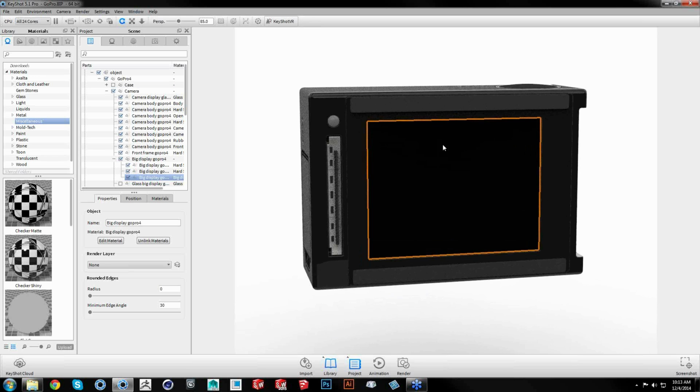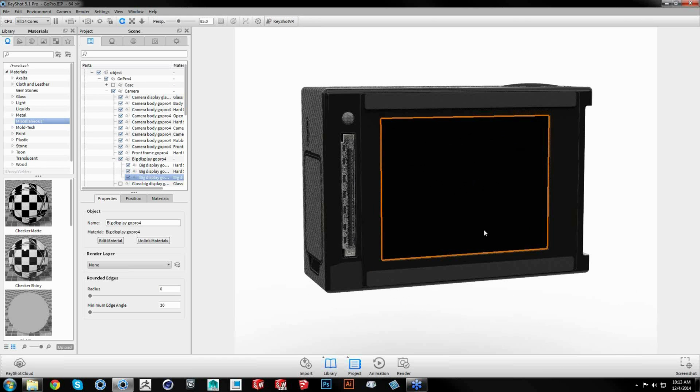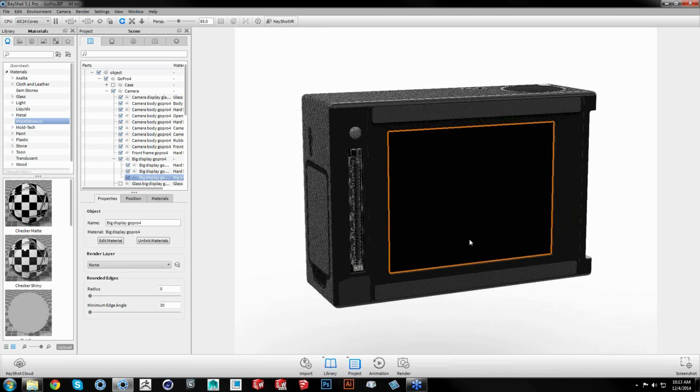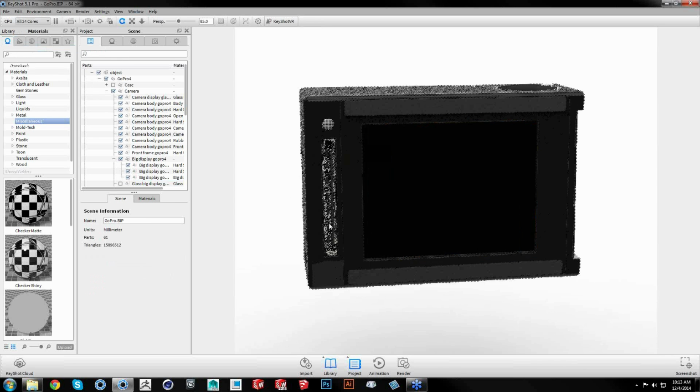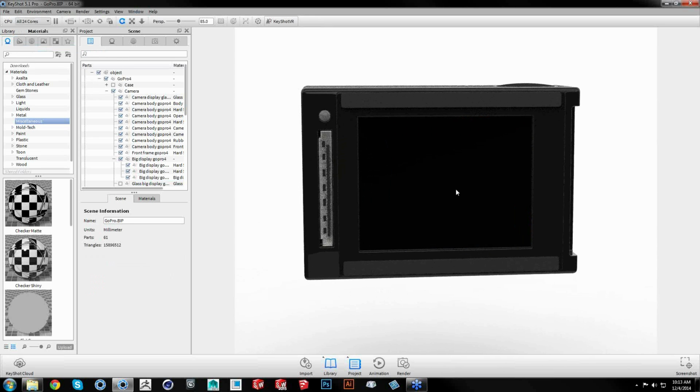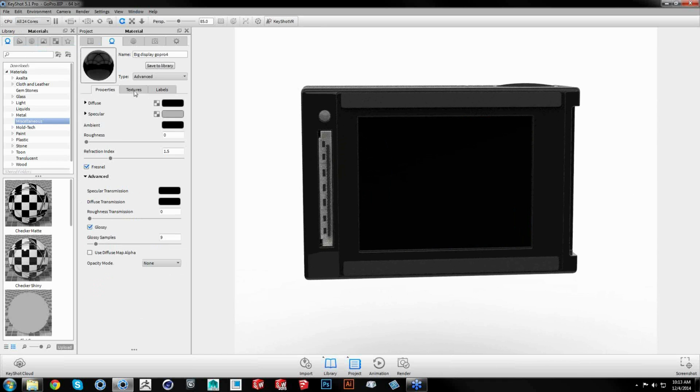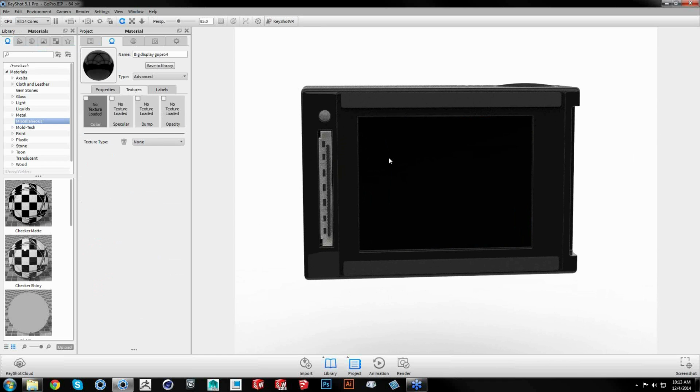This was actually modeled using millimeters in 3ds Max, I believe. So we want to make sure that we have our scene units set to the correct unit here. So we have millimeter selected. And we've created a graphic to put on our display. So we'll just double click to edit, go over to our textures tab, and we'll grab